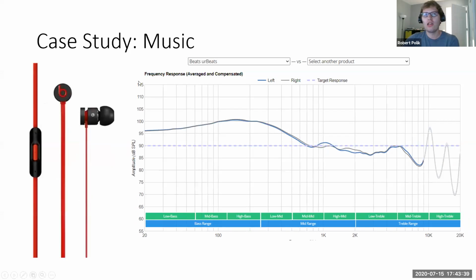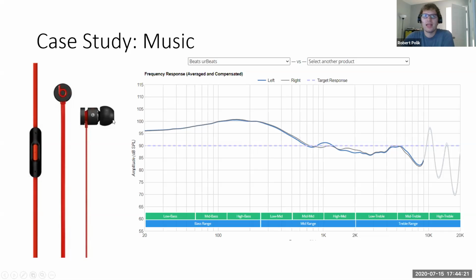So I looked at all of the Beats headphones, and most of them are not so bad. This was a common complaint they got right when they launched, is all of their things are super high on bass. And I think for the most part, that probably was true at the beginning, but they've more or less corrected for it just because they do want to appeal to audiophiles. But this is, I believe, their first generation of earbud, and very, very heavy on the bass. So if you think 10 decibels, so 90 to 100 decibels, that's about 3 times as loud, square root of 10 technically, but about 3 times as loud from here to here. So your bass on these headphones is 3 times louder than your bass on the previous headphones.